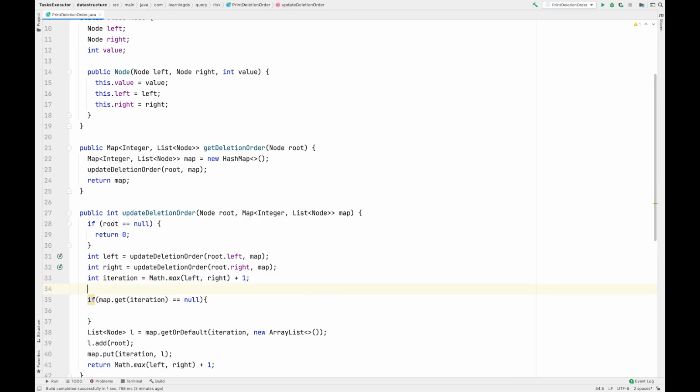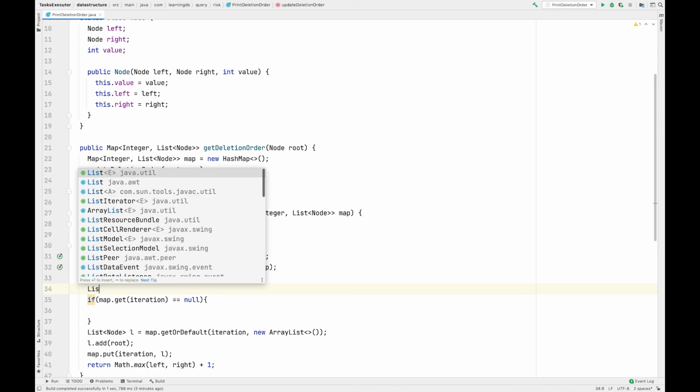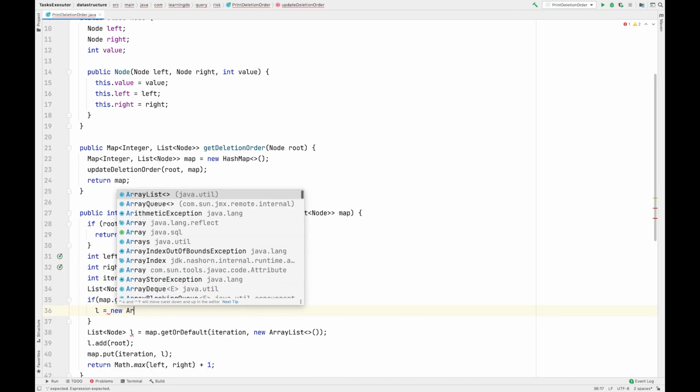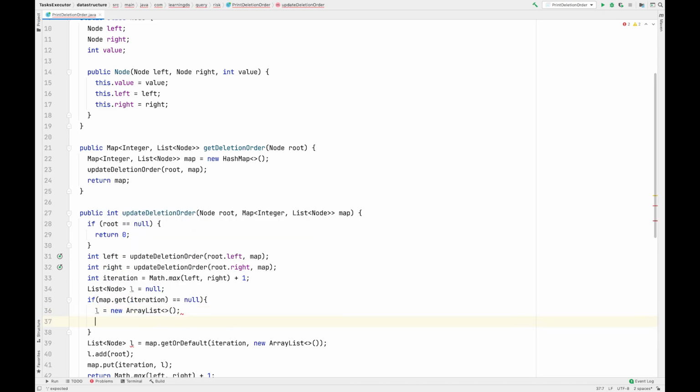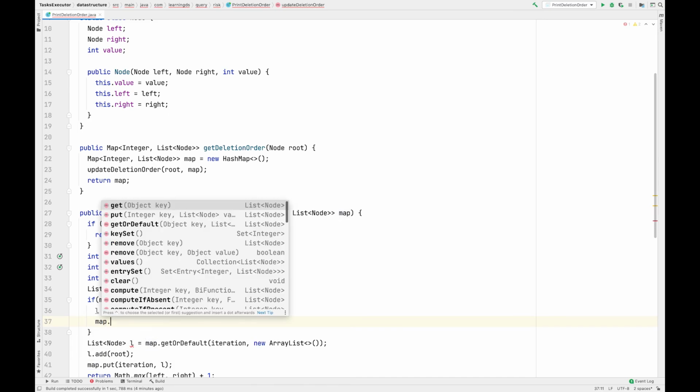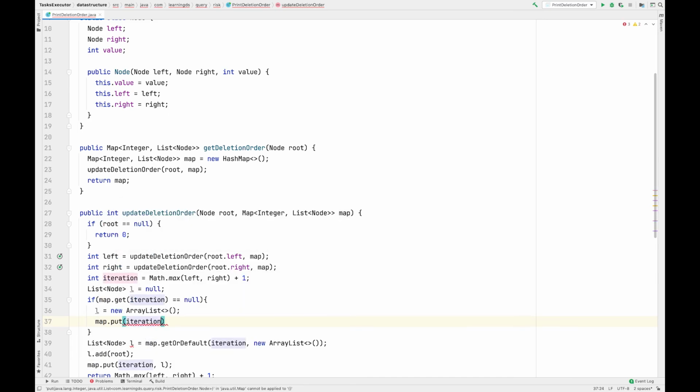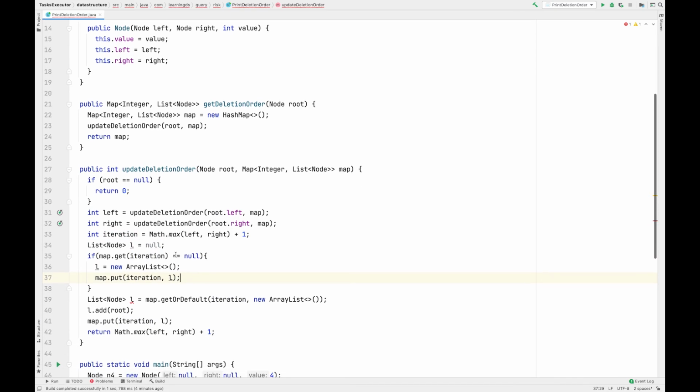If this is null, for example, you take some reference of the list of nodes, say L equal to null. Now you'll say if this is null, initialize this with a new array list and put this into map dot put iteration and this L.